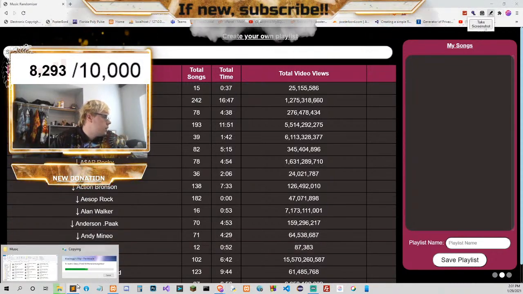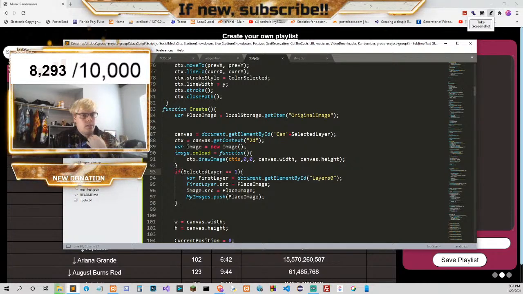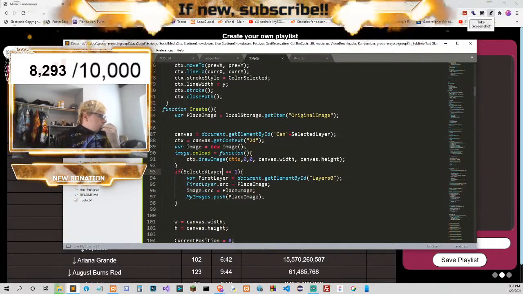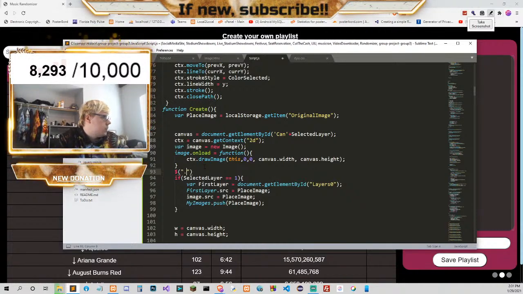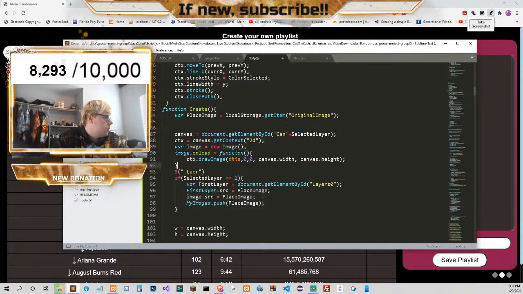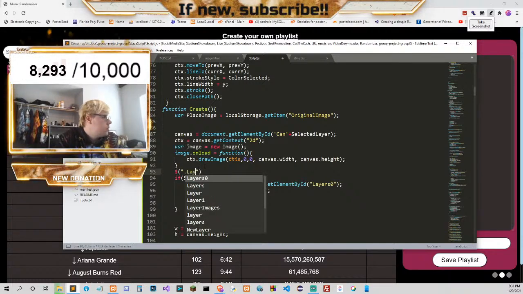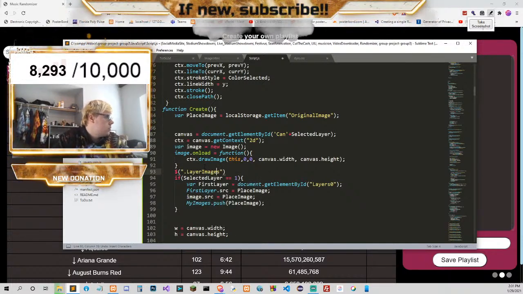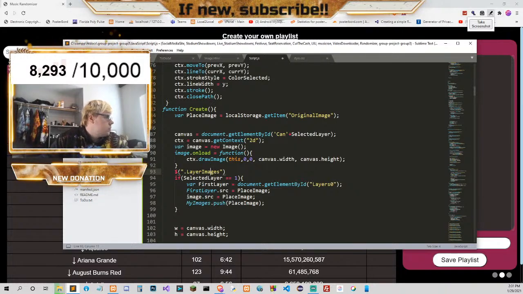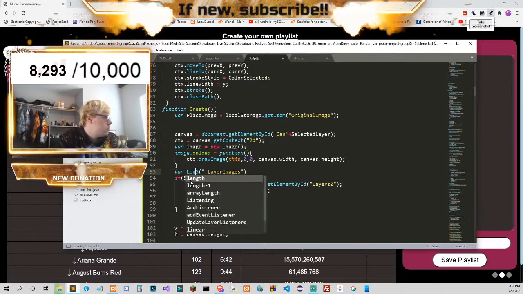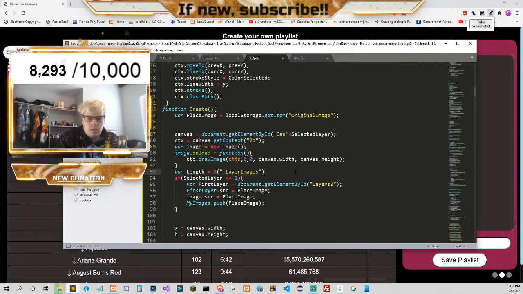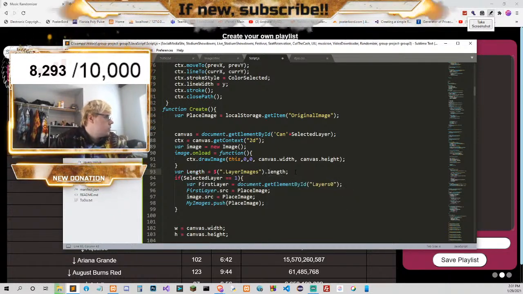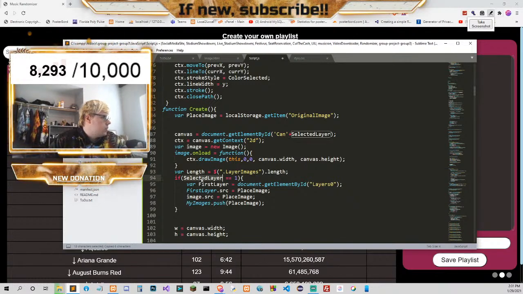Wait, I don't know. Wait, do we want that? Selected layer equals 1? We want the layer images. Like this, and then I want this here.